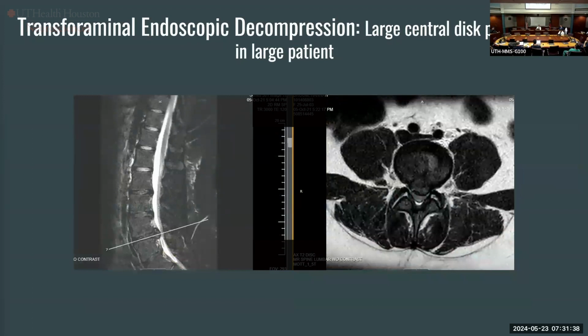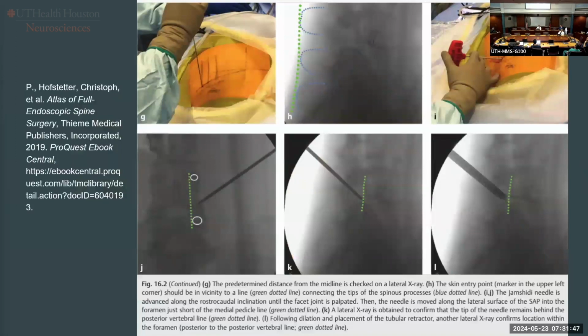So just a quick case example from a friend of mine who's now at Cornell, who does a lot of endoscopy. This is a very obese man who had a central disc herniation that he approached in a transforaminal manner. This is a slide from Dr. Hofstadter's Atlas of Endoscopic Spine Surgery, and it shows you in that top right panel the Jamshidi going down to the docking point on the SAP of the level of interest, and you see how lateral that approach is. So that's 10 centimeters off of midline, and you're truly going anatomically through the foramen